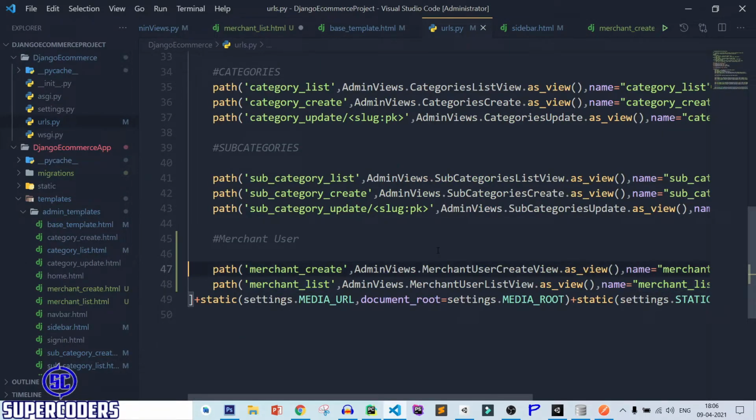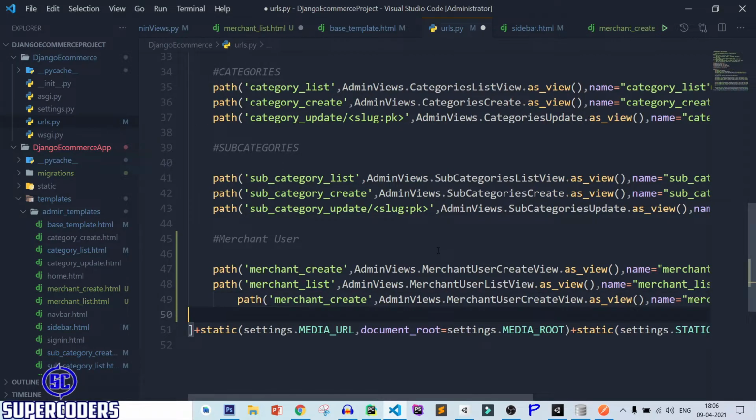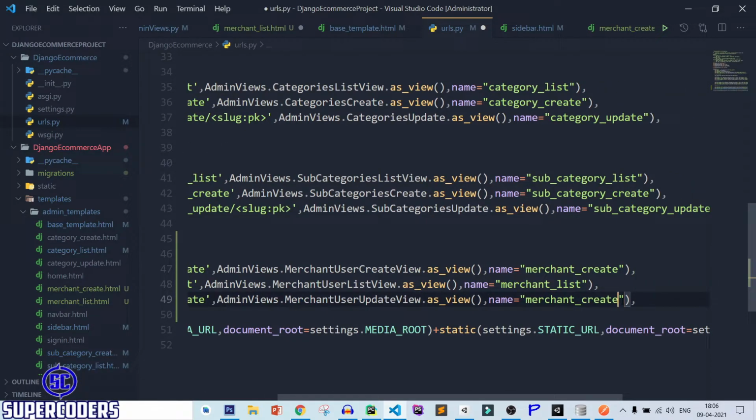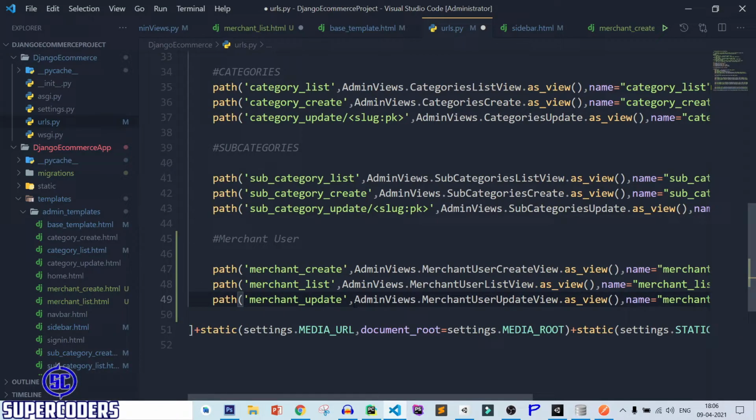So again, copy merchant create, paste it, merchant user update view, and also adding slug pk.